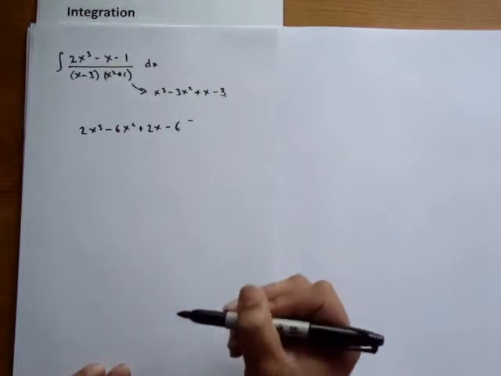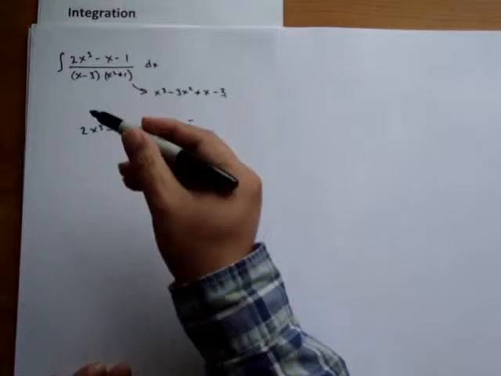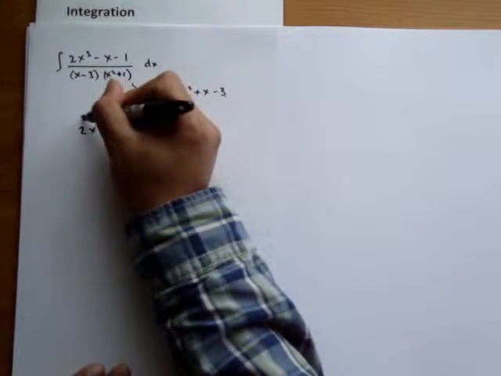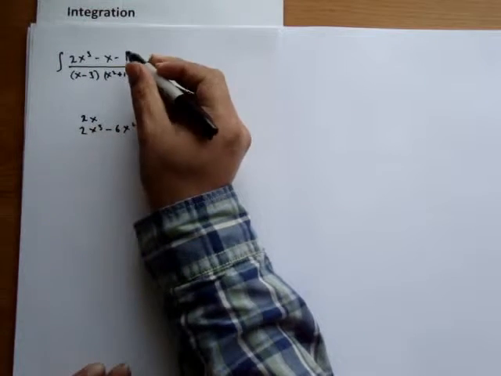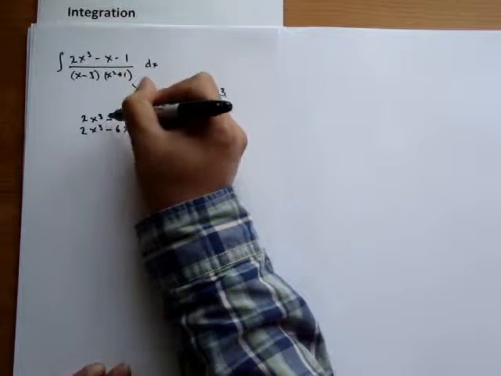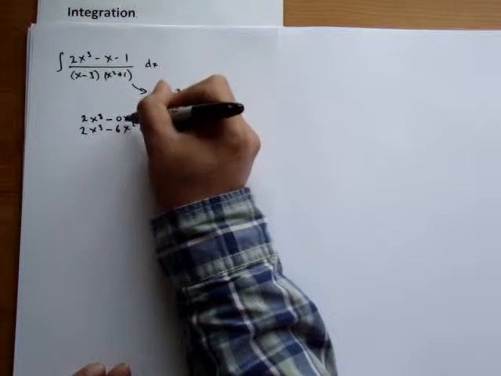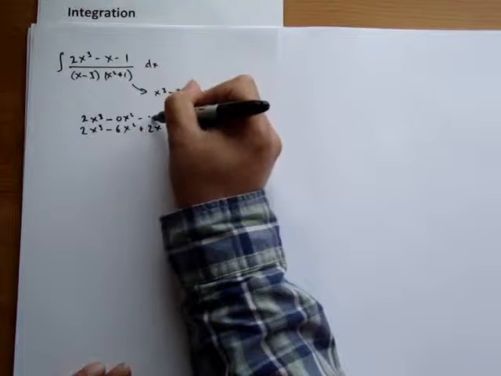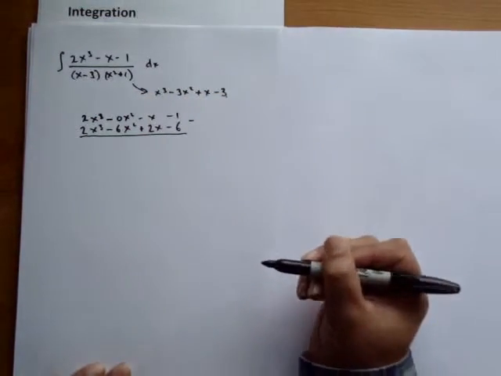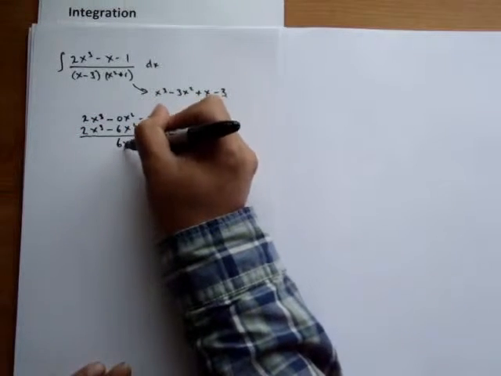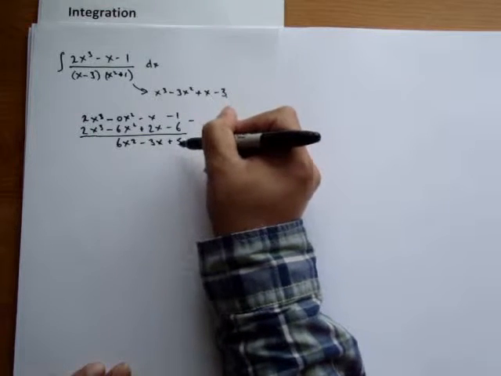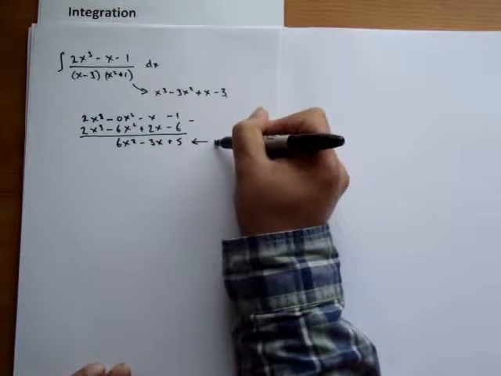And as we did in the algebraic long division, we then put that on the top, the numerator, so we get 2x cubed minus, now we've got no x squareds, minus x minus 1, and we subtract, and we get 6x squared minus 3x plus 5. This is our remainder